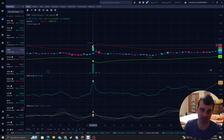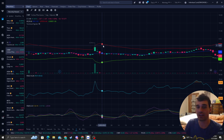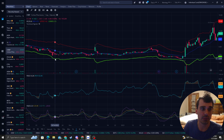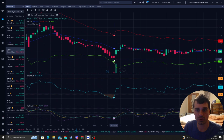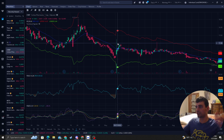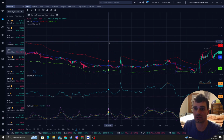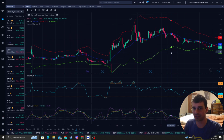And as you can see right in here, the probability of it going up is less compared to it going down. Going down has a lot more probability, as you can see right here. But as you can notice, the consistency is, once it gets oversold in here, you get a spike. But you do not just buy when it gets near the green band. You want to make other decisions, and that's where I come in with my years of experience,